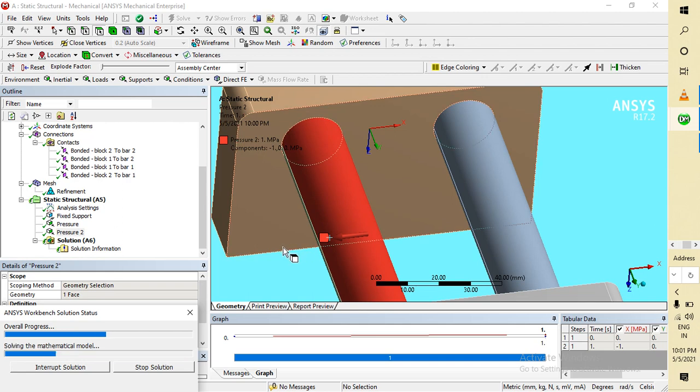So I'm thinking about making videos on what type of errors may come while doing ANSYS simulation. Till now I did not face any problem. If I face a problem, I will make a video on that topic also.